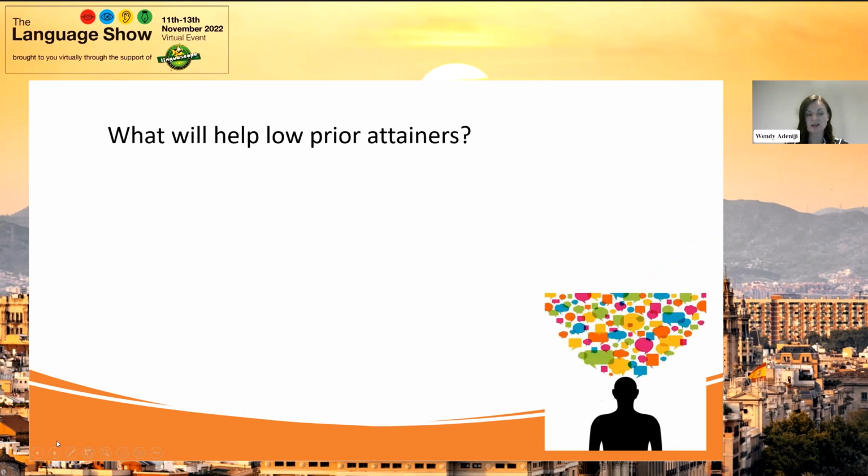So what can we do, knowing this, to help low prior attainers? I would suggest, and this is my one big mantra really, which I've been saying for a number of years, and other people have started to say it now, which is fantastic, to focus only on the really core essentials of what's needed to learn a language. Probably these students are going to be doing the foundation paper, not that we are going to put a cap on ambition, but being realistic, that's what's likely. So what is actually needed to be successful in the foundation paper to get your grade 4 or 5,